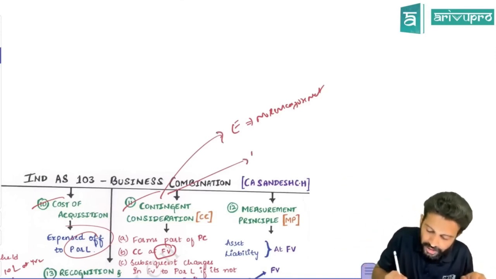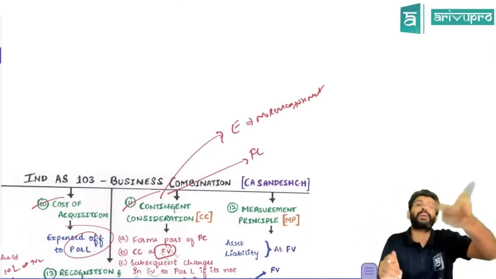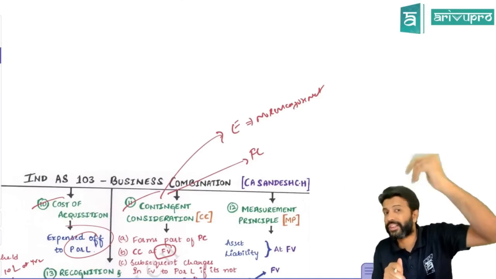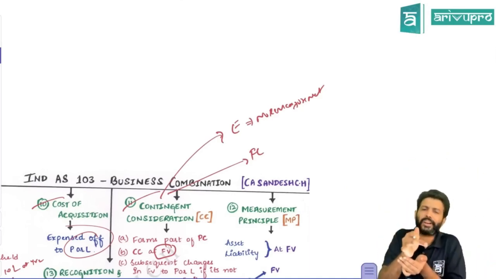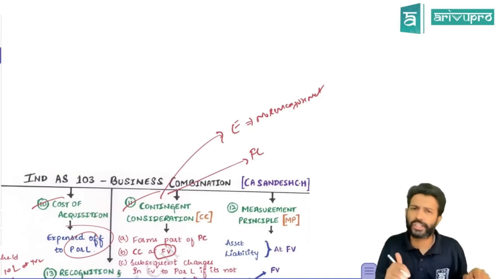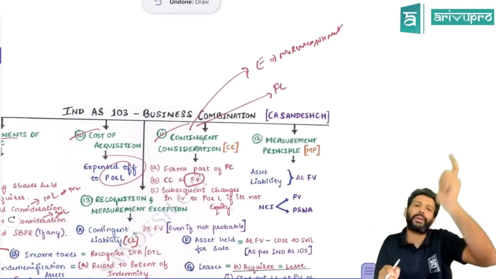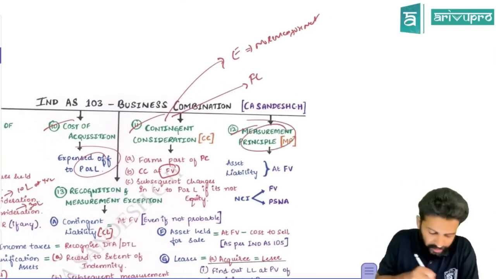However, if you're giving contingent consideration, let's say in the form of cash, or in the form of a variable number of equity shares, then you can't classify it as equity. You have to classify it as a financial liability. So in that case, initially you measure it at fair value. Later on, any fair value changes, gain or loss, will be going off to P&L account. Any fair value changes subsequently will be transferred off to P&L account. That's the thing.